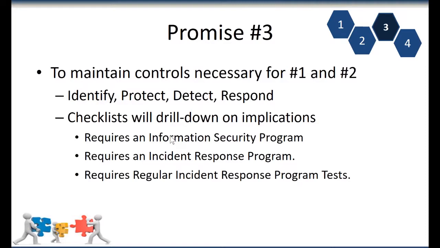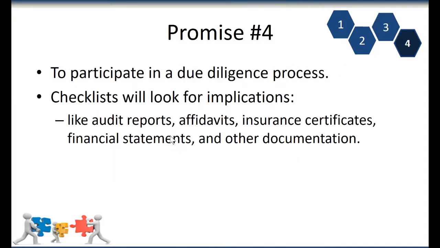And so we're just trying to make you aware of this as a vendor owner up front, so that you can say, hey, there's a whole bunch of 52 questions, but the 3rd promise is you're going to maintain the controls necessary to keep promises number 1 and number 2. And my whole point is, why wouldn't you promise number 3 if you're already making promise number 1 and promise number 2? Which brings me to the 4th promise, and this is one that I am surprised banks are not